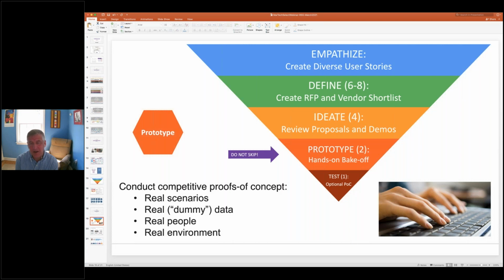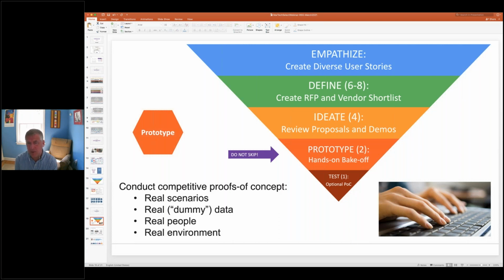So again, I've seen these bake-offs done in as short as 1 day. I've seen them done as long as 3 weeks, very often for something like a CDP or WCM. Very often a week will suffice. You want to do it with 2 different vendors, one at a time. It has enormous